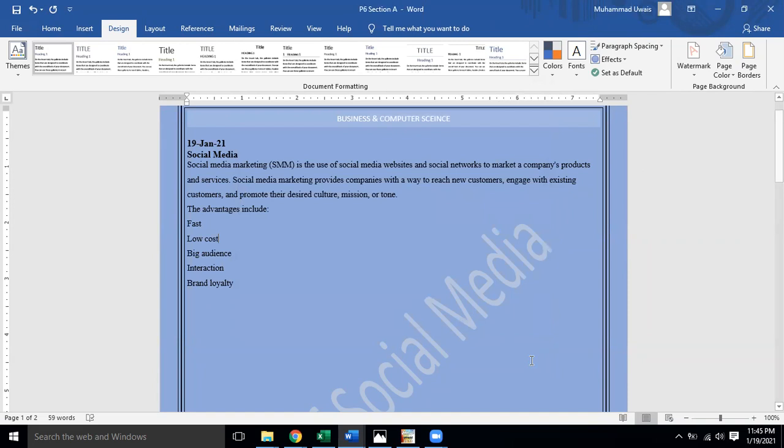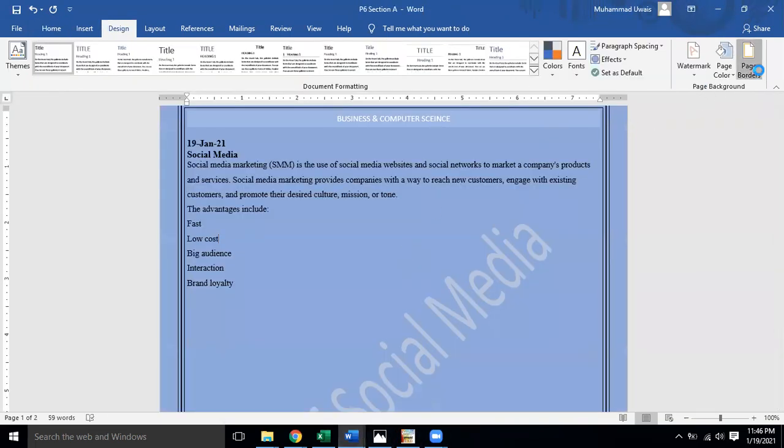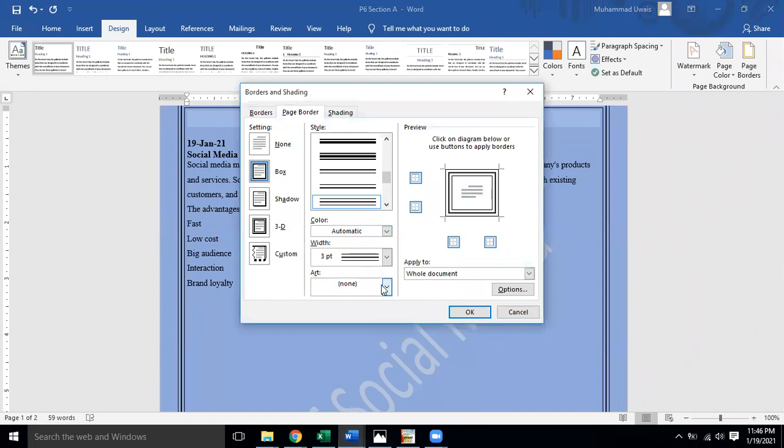But we have been asked to apply which border? You can see over here, the artistic border. Okay, apply the artistic border. When we go here, we will see the artistic border is also there. We can see some different designs available in the artistic border. So we can take any good design, whatever we like. We are not bound. Some different good designs are given over here, some colored. Okay, I take one of them and I apply it.